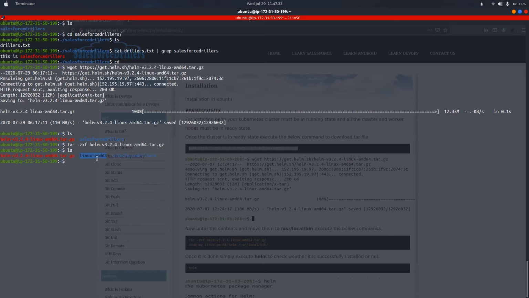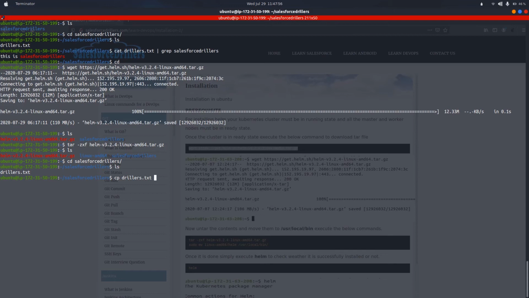Now let us try to use two commands, which are copy and move. As we can see, we have created a file drillers over here. So let us copy this file from here to the home directory. For that we will use cp, then the file name, then the destination where we want it.